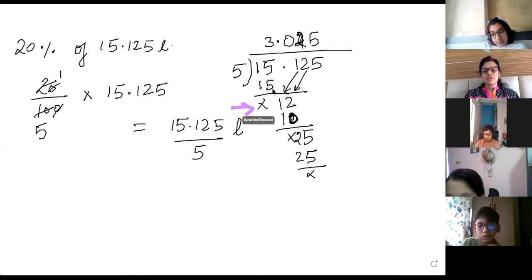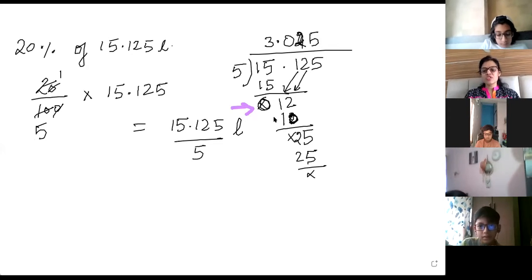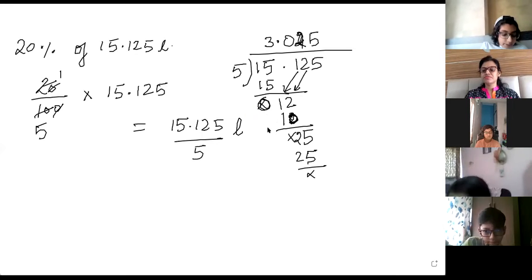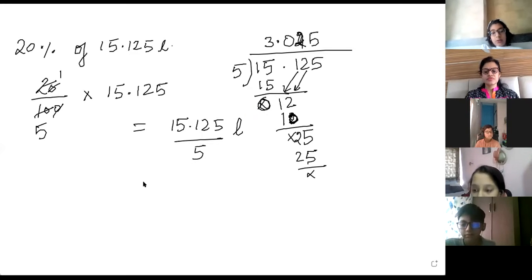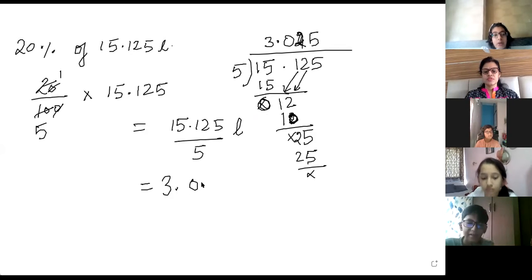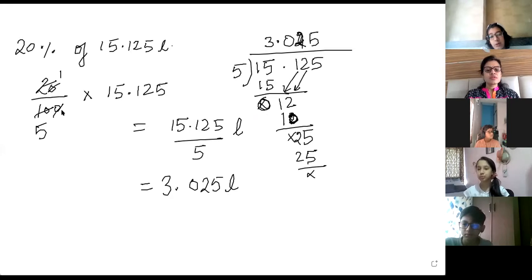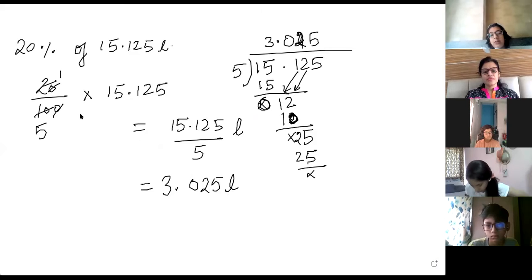What is this? No, this, cross, zero, ma'am. Zero put karo ya cross put karo. I don't know what you put. Sometimes you put. Ma'am, I know what I did was, I removed the zeros, then I wrote below 10, I wrote 2, and then I divided 15.125 by 5. So 5 twos are 10, and 2 was also left, so I cut both the 2 also.